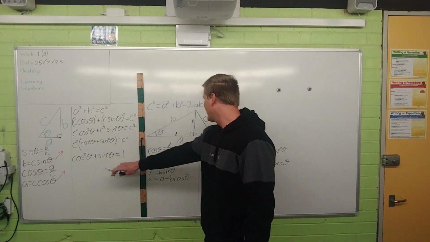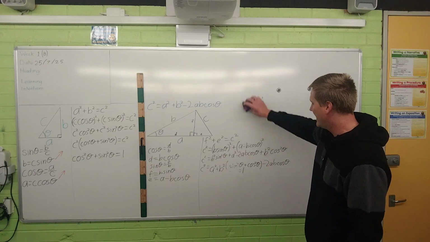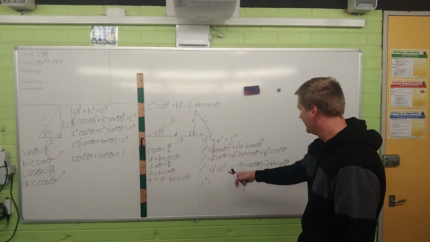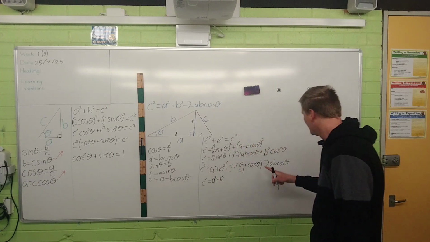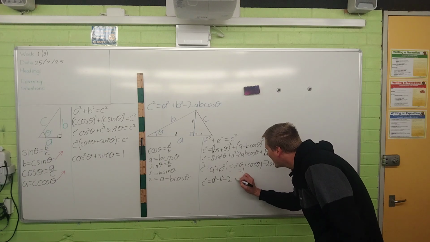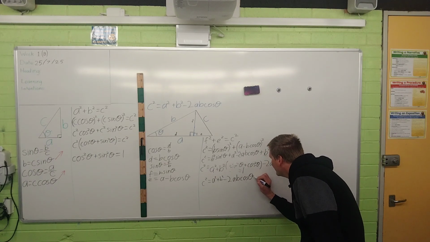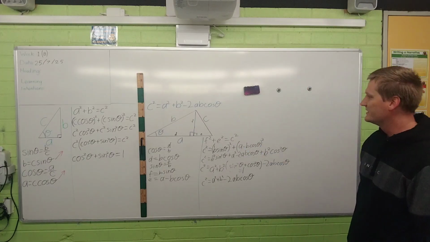Cos squared theta plus sine squared theta equals 1, so that will just times by 1 just cancel itself out. So we're left with c squared equals a squared plus b squared minus 2ab cos theta, and that's the formula we're given to normally solve for these